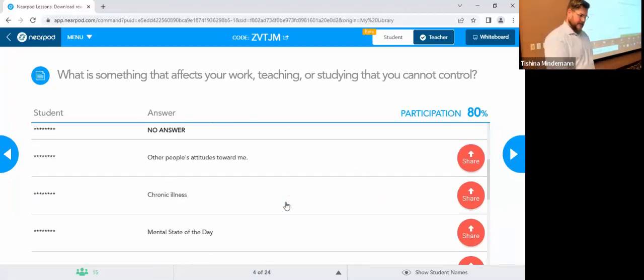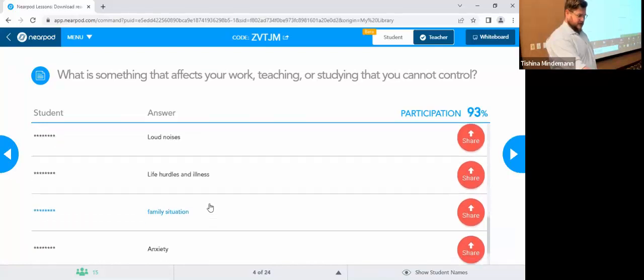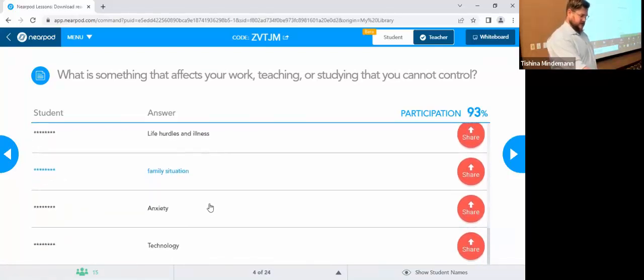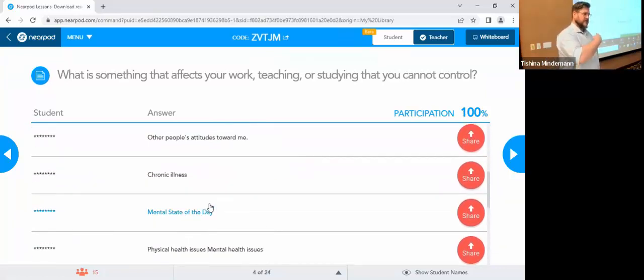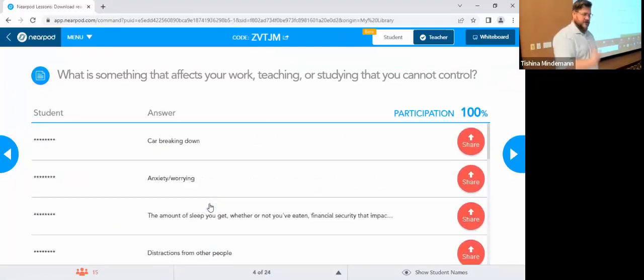Right, distractions, yeah. And that's something that as instructors, we have it kind of in our wheelhouse to try to deal with in the classroom, but not necessarily when students are doing their homework or otherwise. Family situations, illness, life hurdles, anxiety, right? Especially given some challenges with getting access to medical or especially mental health care in the region. Again, not all of our students are on campus. At least technology for sure. Loud noises, yeah. Okay, so they should be able to see all of these, right? Okay. All right, so I'm going to do this a couple of times.